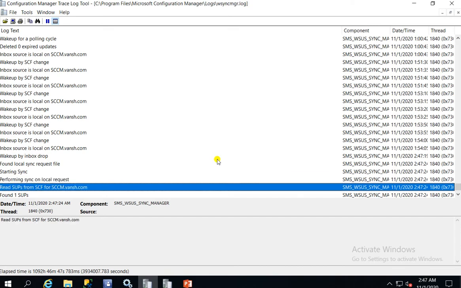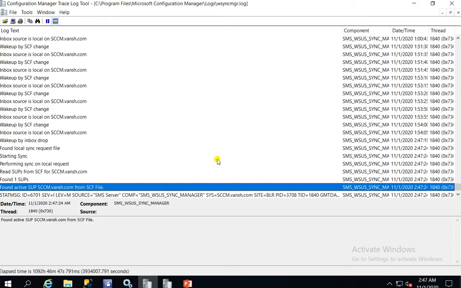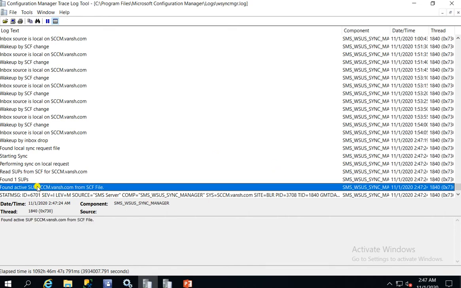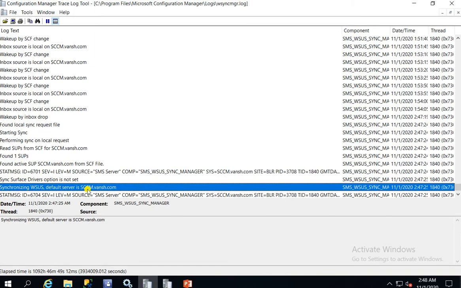Before sending the alert or trigger to WSUS, it will search for the active WSUS in our infra. So it finds the WSUS, this is sccm.once.com. The active WSUS is found, and then it will update: the synchronization WSUS default server is sccm.once.com, where my WSUS was found.